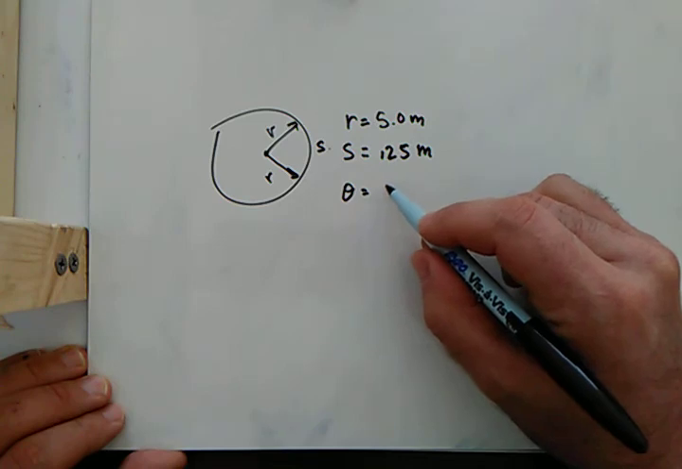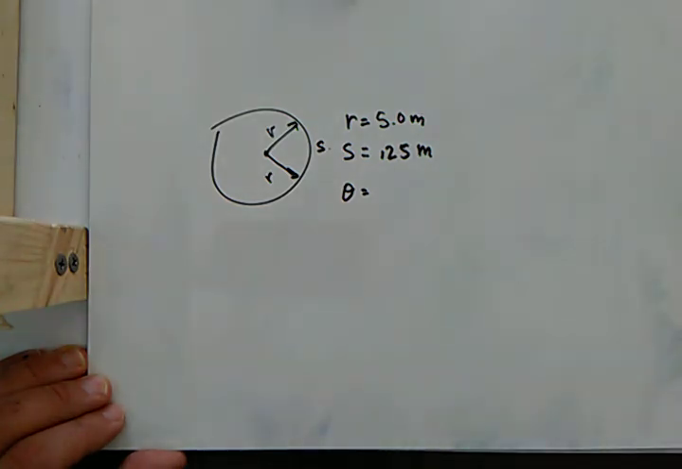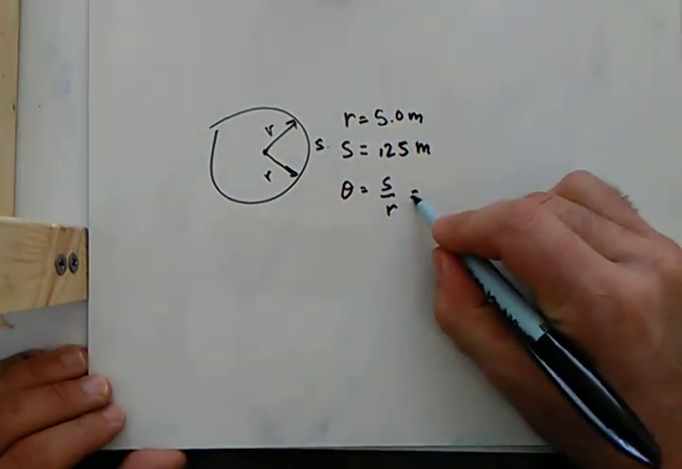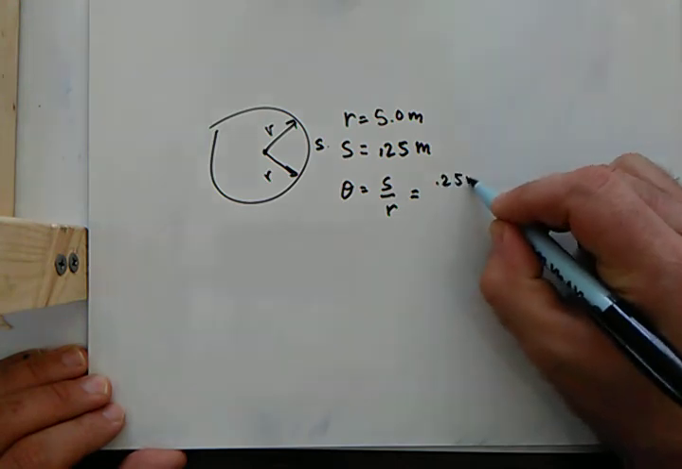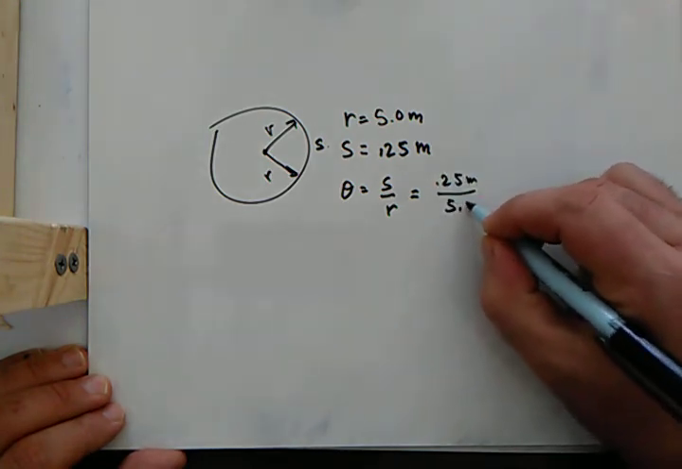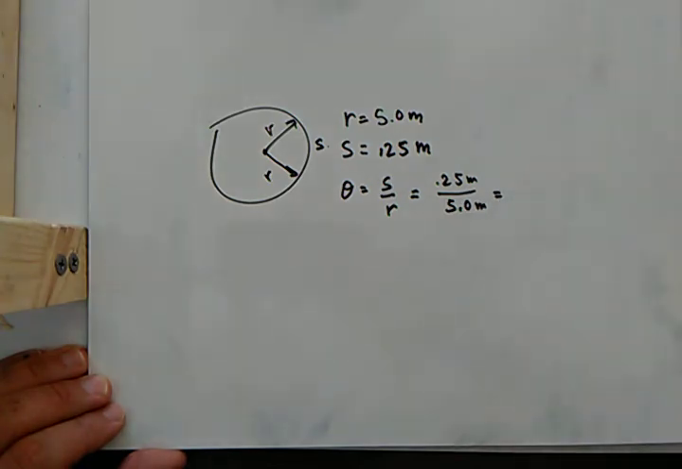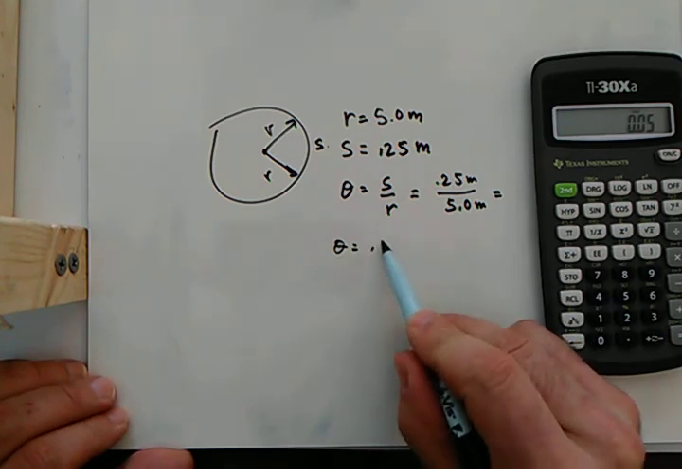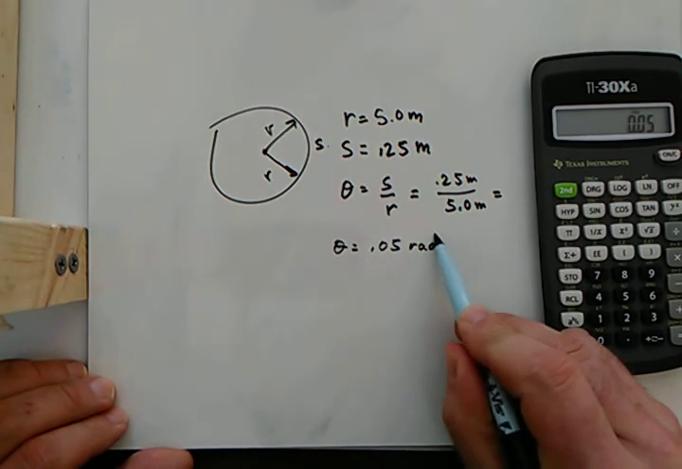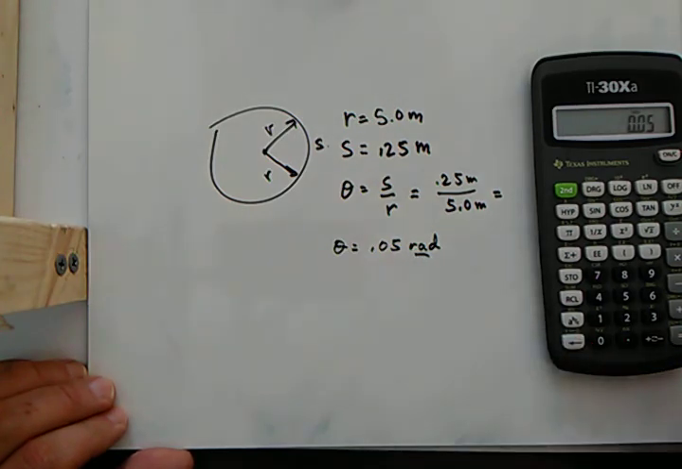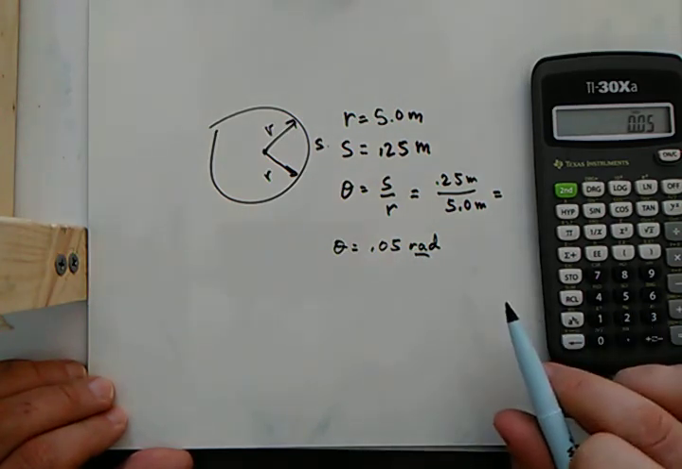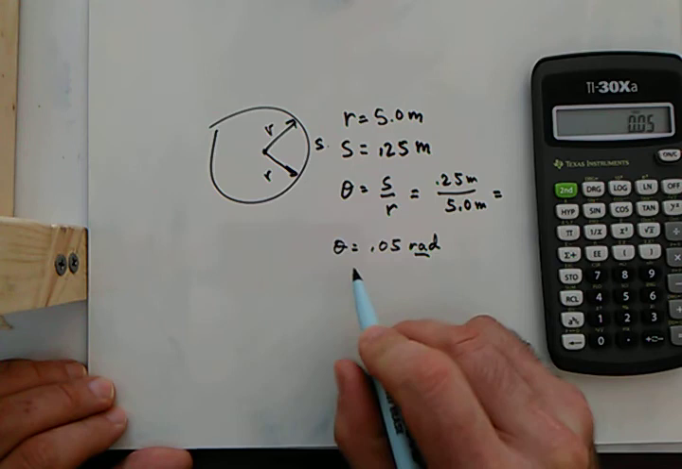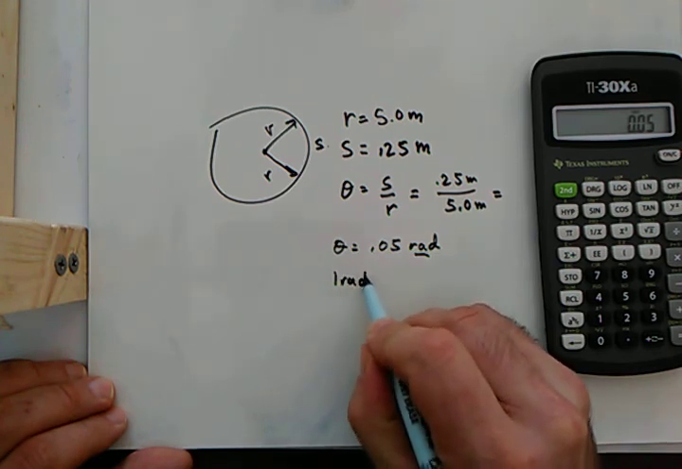So the angle is equivalent to S over R, which is 0.25 meters over 5.0 meters. And it turns out, just a little bit of calculator work here, that the answer is 0.05, we'll call it rad or radians. Now, if we wanted to convert this to degrees, we could very easily do that, because we know that 1 radian equals